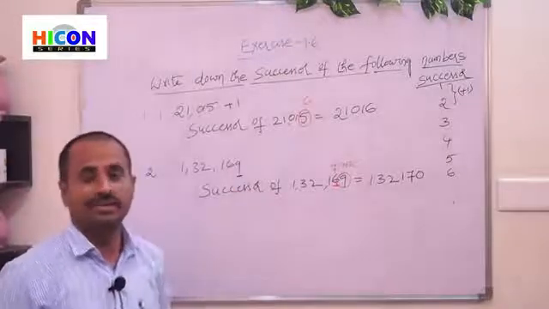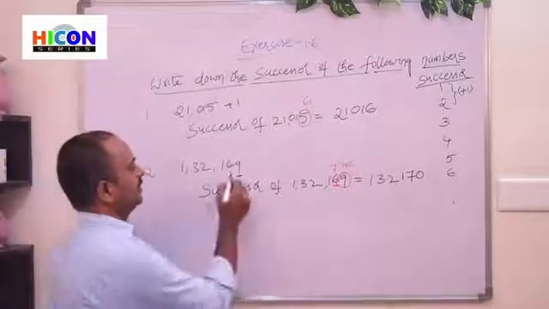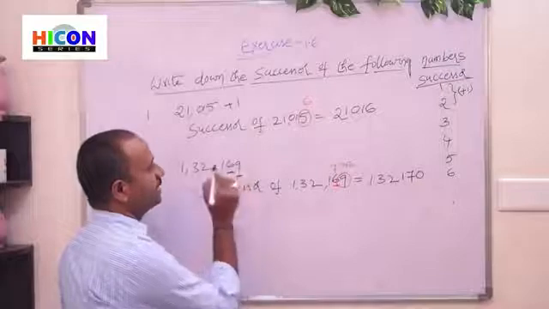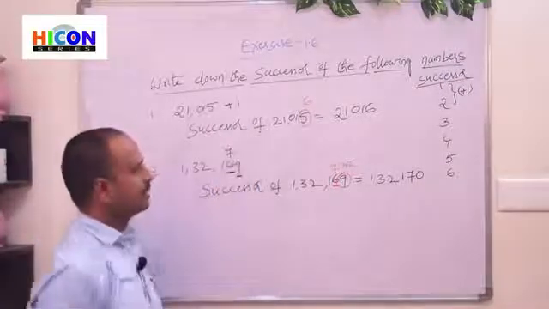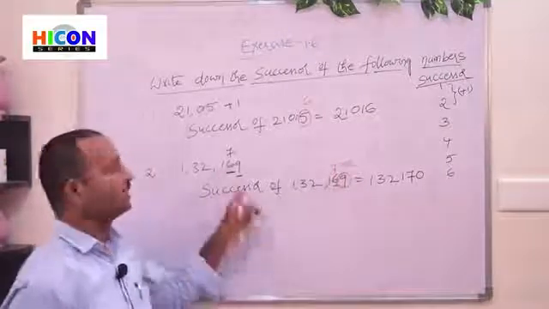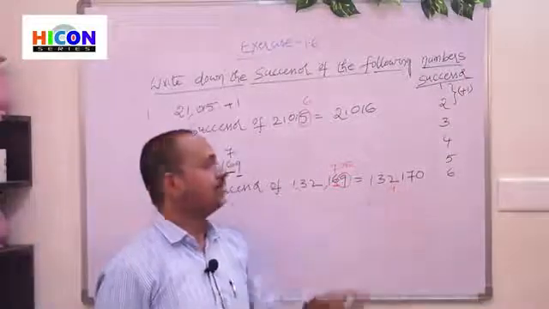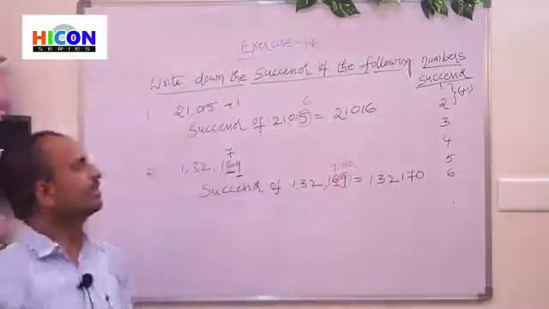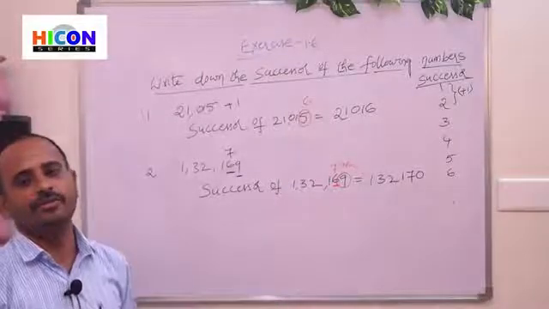So if we get 10, now we have to increase the digit present in the tens place. In the tens place, the digit is 6. So increase it. So 7. So that's why we will get 7 here. That means 70. So 69 becomes 70. So 1,32,170. So children, this is the way how to write the successor of the given numbers.